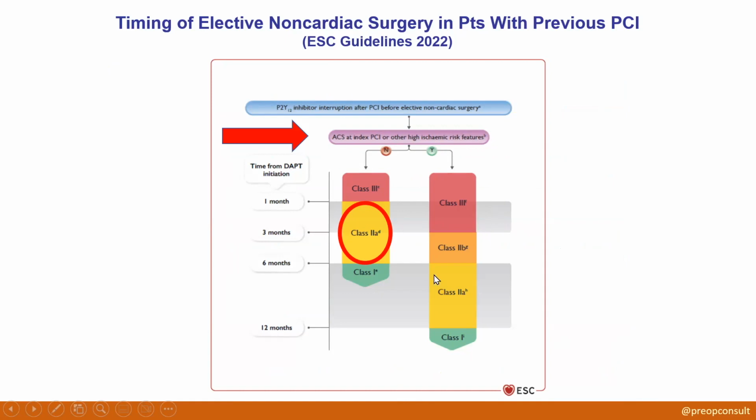For ACS, you basically are recommended to have 12 months of dual antiplatelet therapy. You can go to surgery basically after 6 months. 3 to 6 months is what they had in the Levine thing. That was okay. So that's your shortest period of dual antiplatelet therapy that they recommend, because class 3 is harmful. So 3 months or more if it's purely elective stent. On the other hand, if it's an acute coronary syndrome setting or other high-risk features, that's where it was for risk features and ACS.